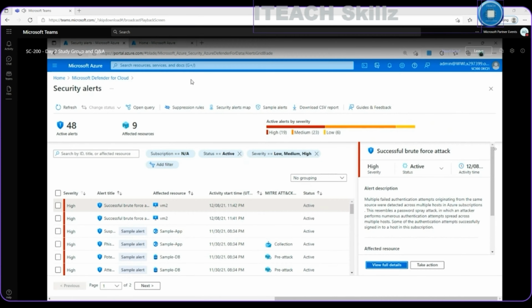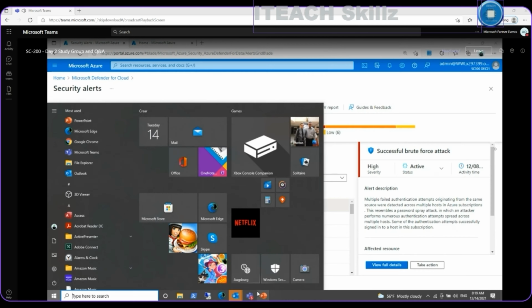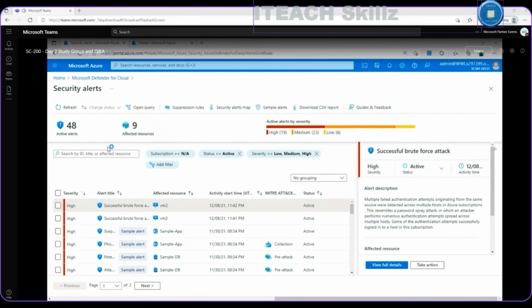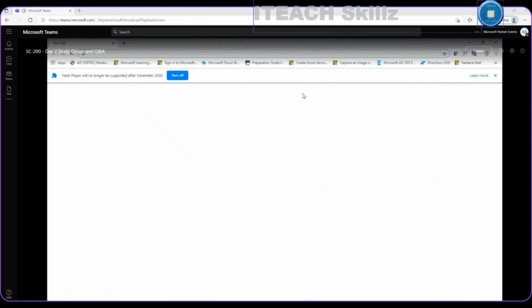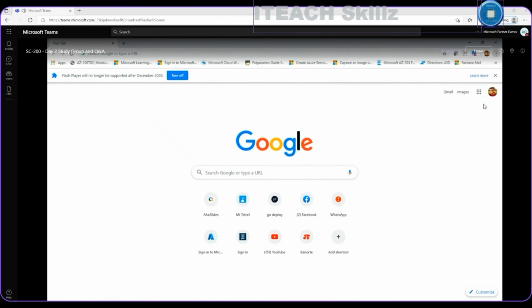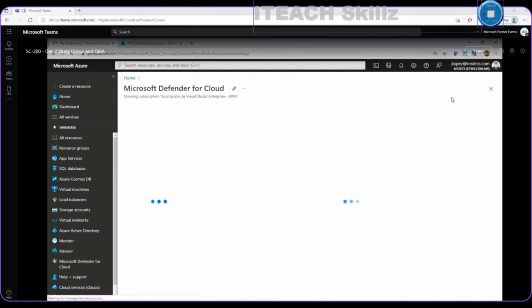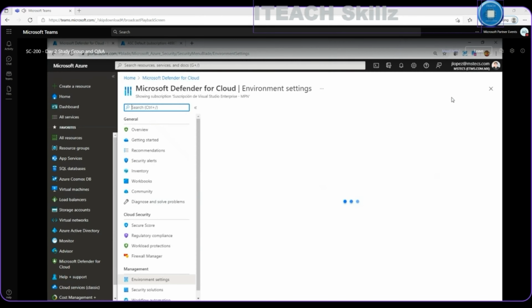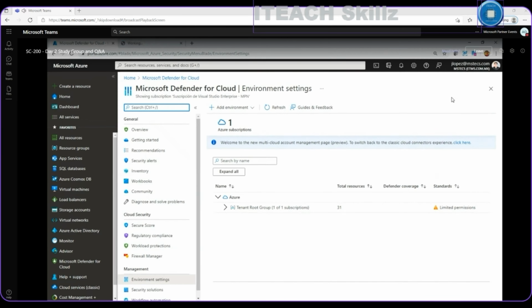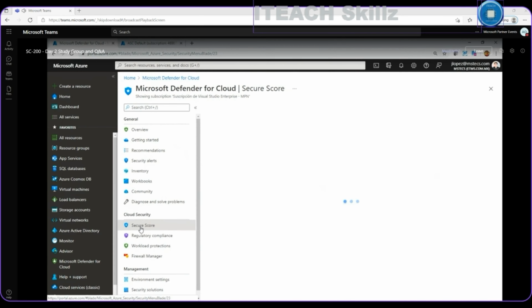Now, from this account, I can see some alerts, but recently my subscription expired for that. Let me use a different browser to sign in to another active subscription. I wanted to show you the security score and its behavior, how it's automatically generated, and how we can go deeper into the security score for checking my actual score, filtering, for example, by subscription, by accessing Defender for Cloud, and then clicking, for example, into the secure score under the cloud security section,